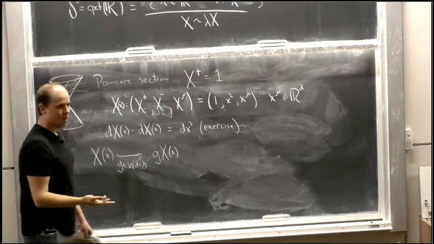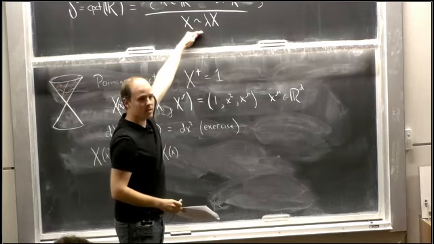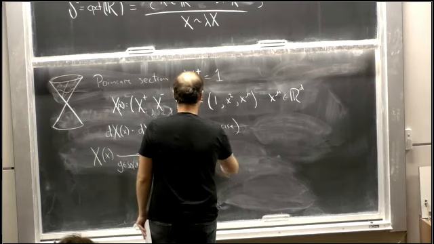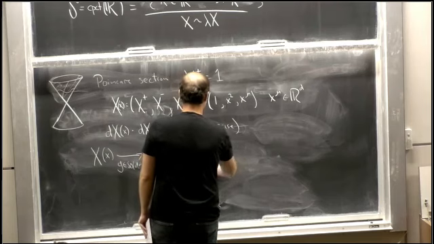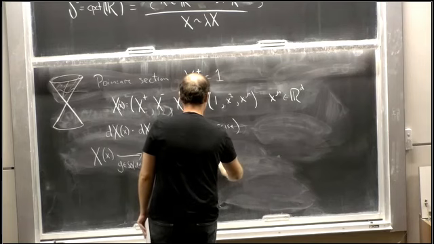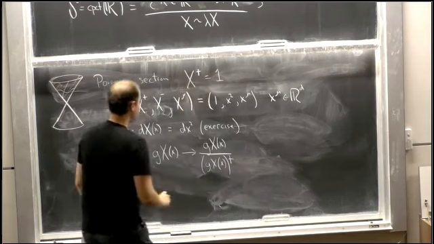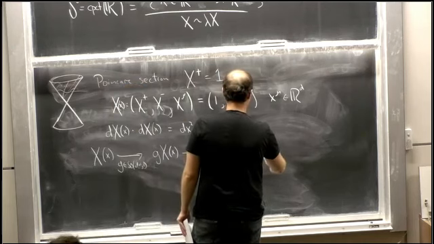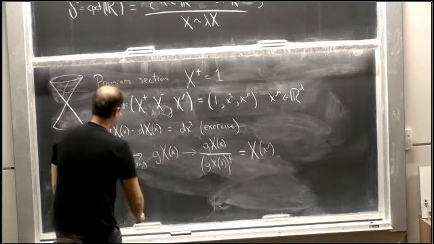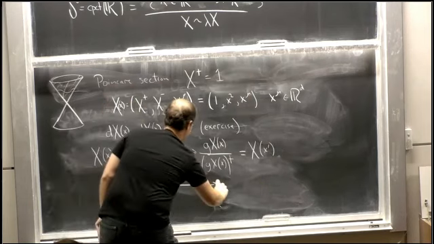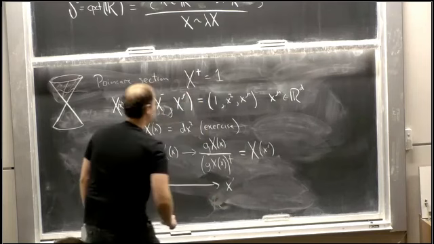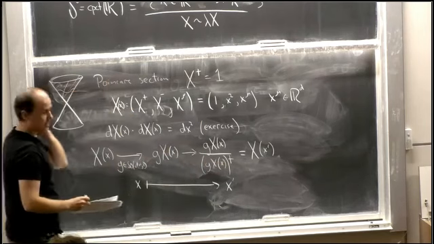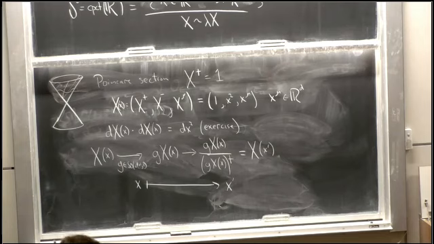So we have to rescale. We use the rescaling gauge redundancy here to go back to the Poincare section. And that means we have to divide by the plus component of this thing. And this is now back on the Poincare section, so we can write it as X of little x prime. And so overall, we get a map from little x to little x prime, which is generically a nonlinear map because it has something in the denominator. And this is the nonlinear action of the conformal group on R^d.